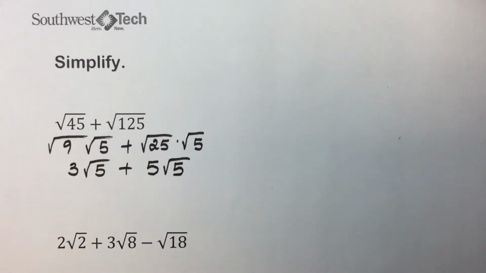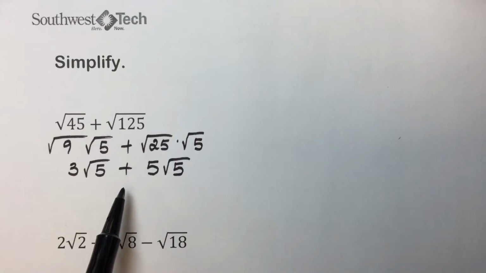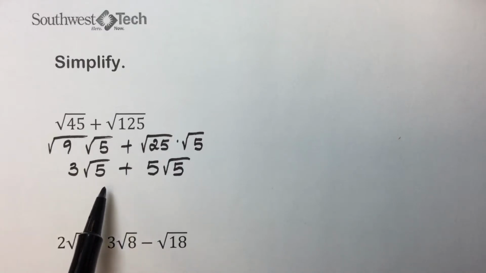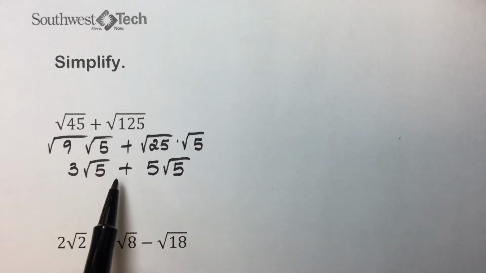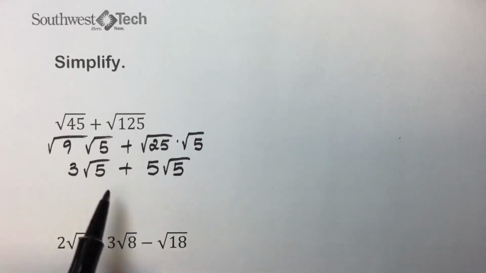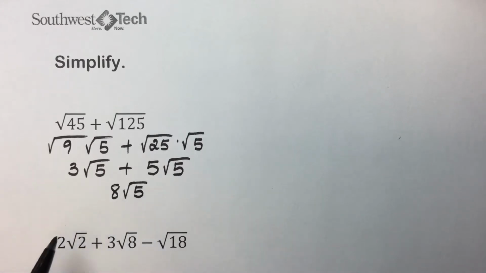After each of these radicals were simplified, we now can simplify further and add these radical expressions since they have like radicals. 3 plus 5 gives us a total of 8 square root of 5 for our final simplified answer